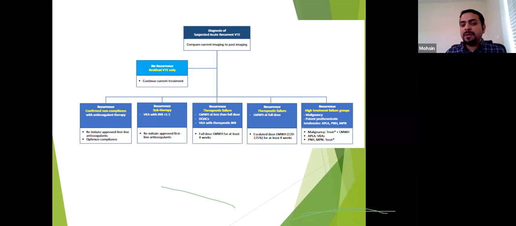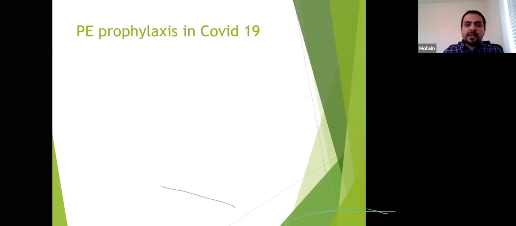So for example, if they have a malignancy that has not been treated yet, or they have a post-thrombotic state, that is antiphospholipid antibody syndrome, you can treat them with warfarin. Or if they have other tendencies such as paroxysmal nocturnal hemoglobinuria or myeloproliferative neoplasm, you have to treat those underlying causes with the anticoagulation as well.